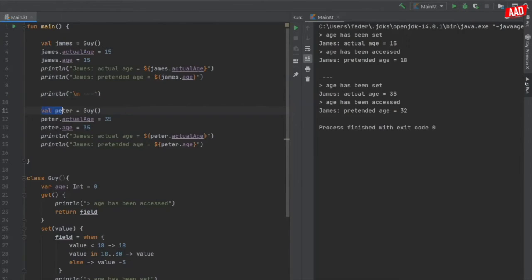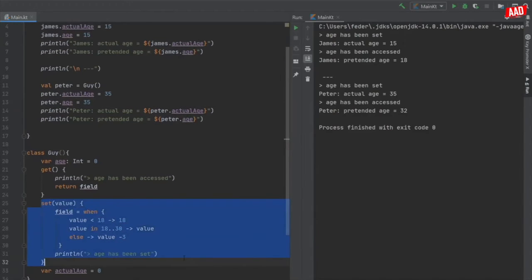So here you will see that we have instantiated Peter as another guy. Actually I forgot to change these. So we instantiated Peter as another guy, and Peter's actual age is 35, and Peter's age that we set it to will also be 35. So the first thing that's going to happen, it's going to state that we have set the age of Peter because we use the setter to set the age, and it will also print this println statement because it's part of the setter. So age has been set, Peter's actual age is 35,